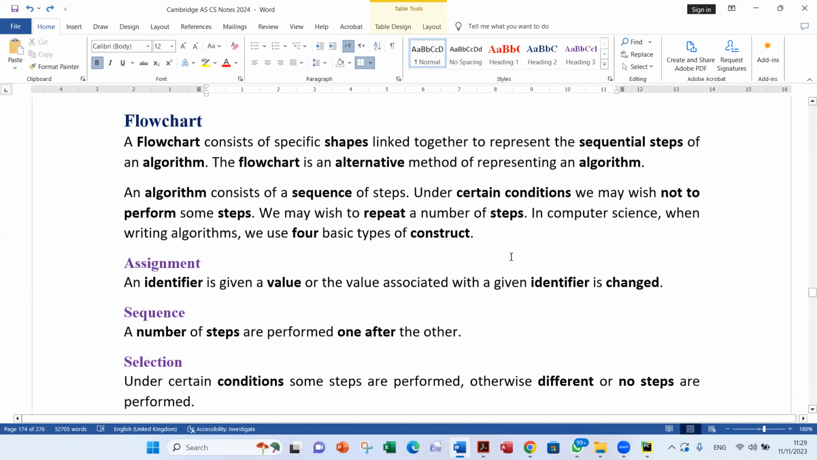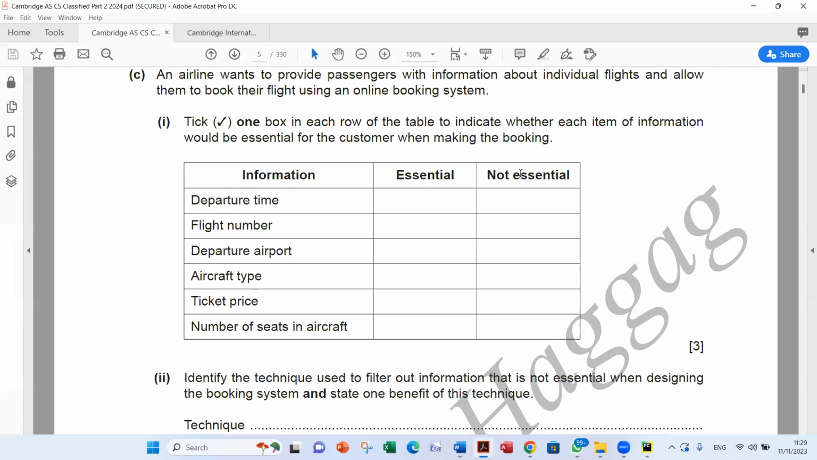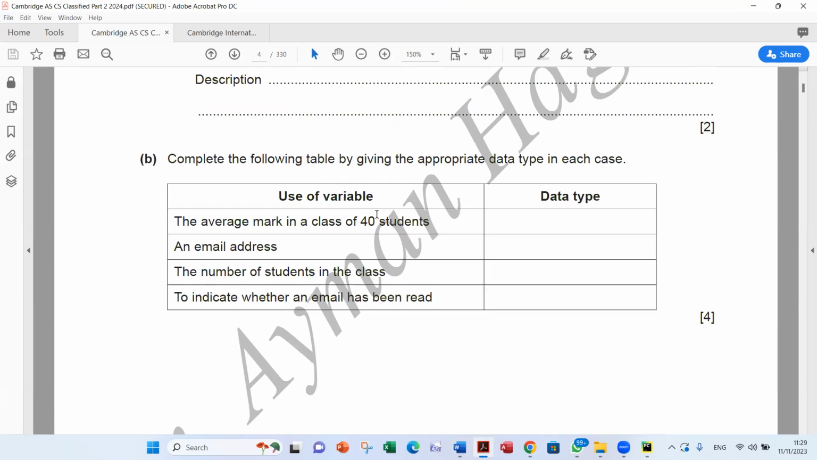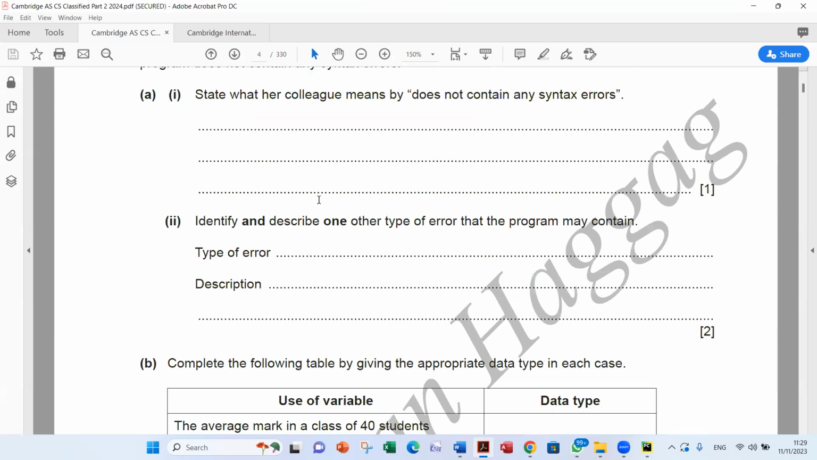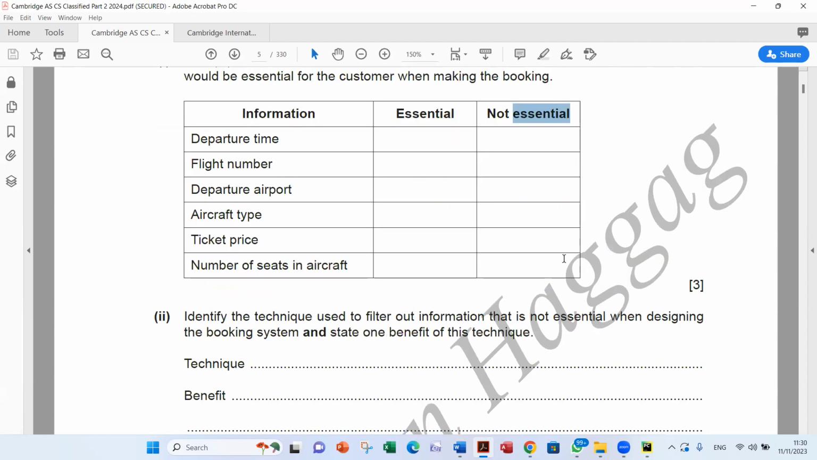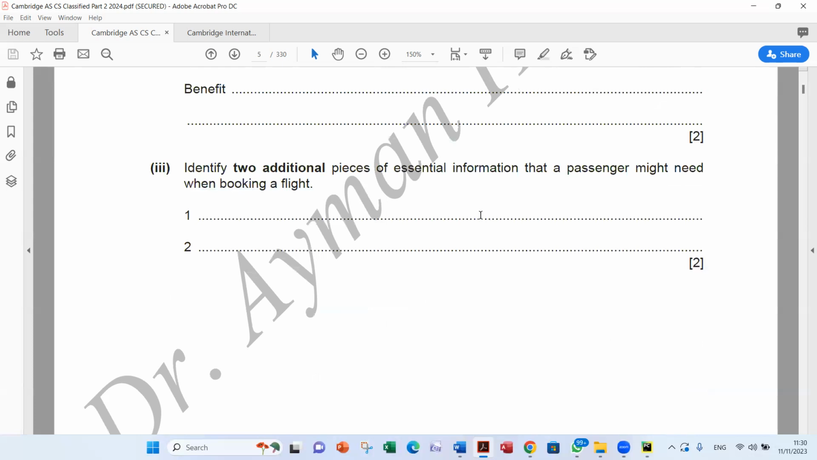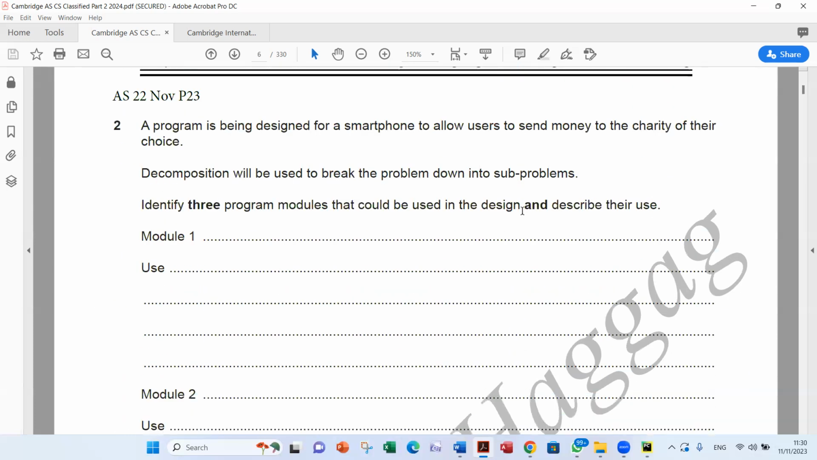However, I would like you to go through my classified. Okay, essential, not essential. This is about abstraction. And this question is from 21 November, paper 21. So essential part items, these you need to consider when you do abstraction. Non-essential things you need to omit or ignore when you do abstraction. Okay, and then here also,